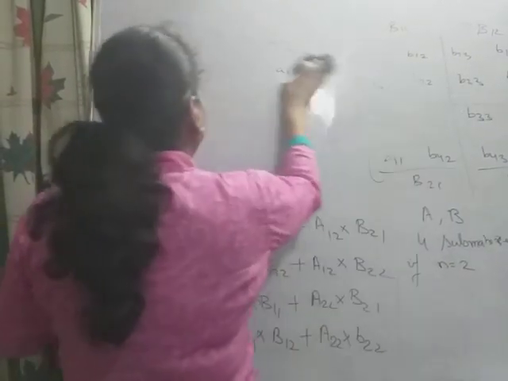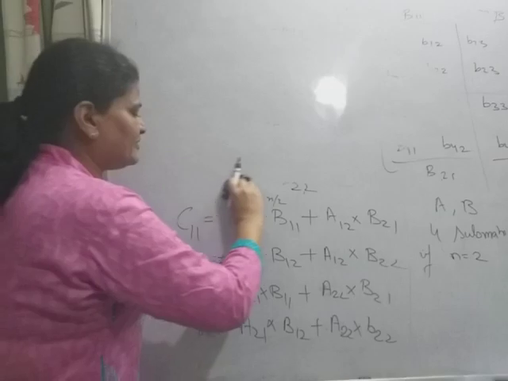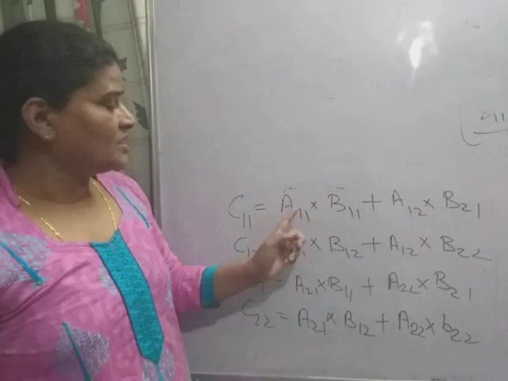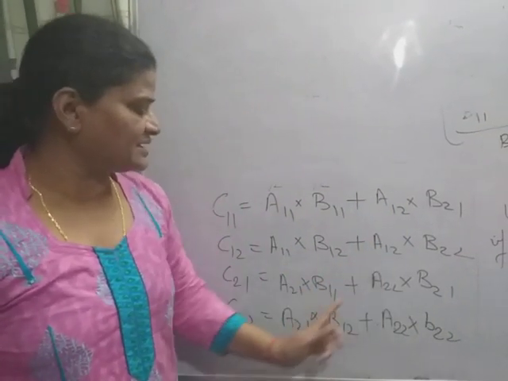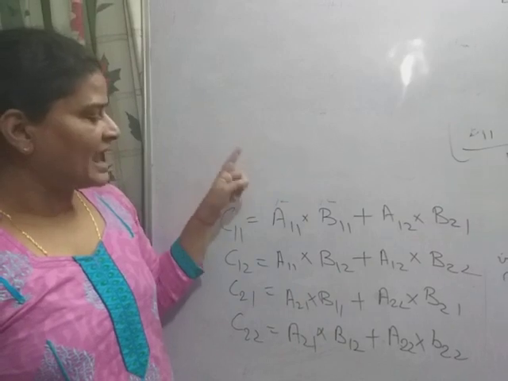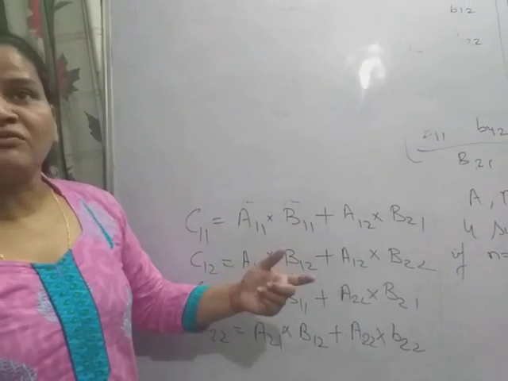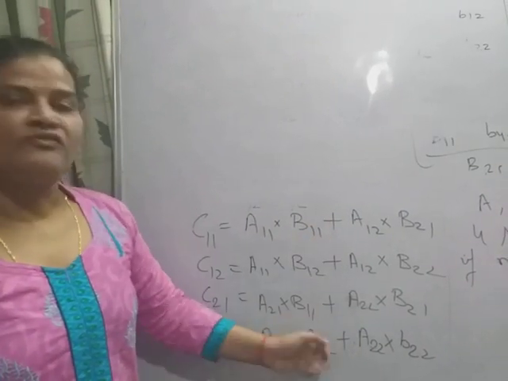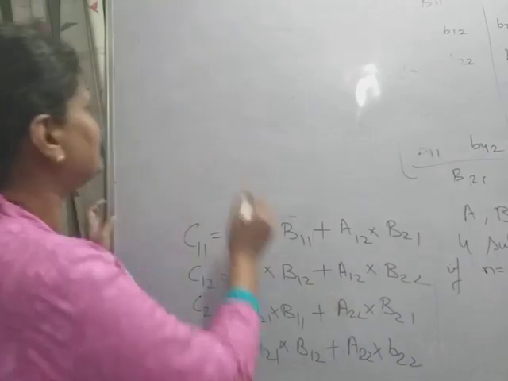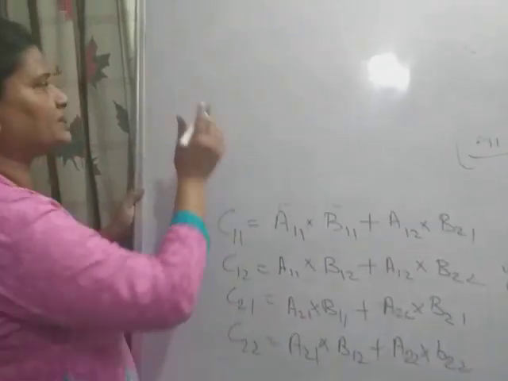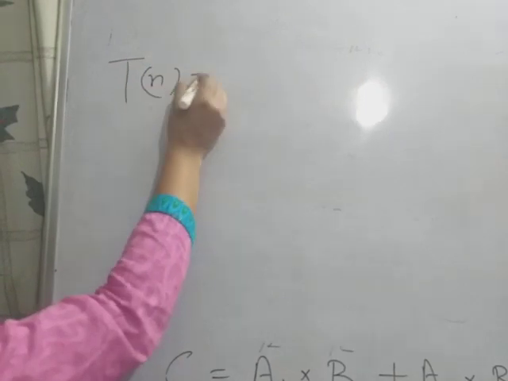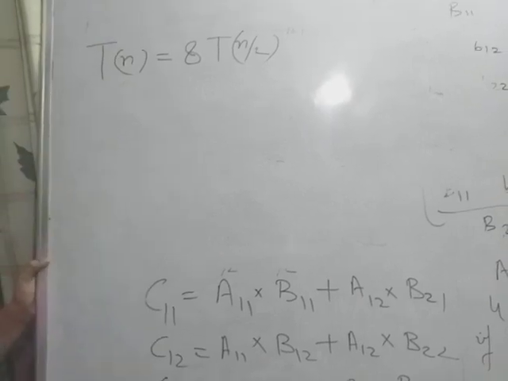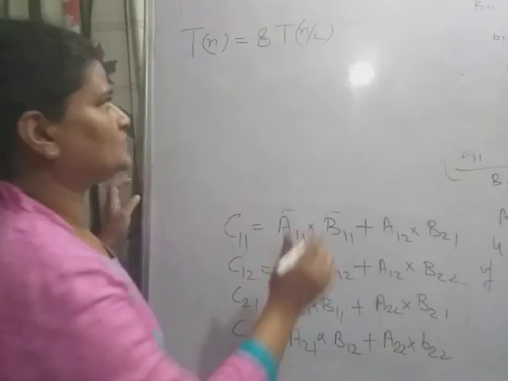Here, when we are multiplying the 4 matrices of order n by 2, there are 1, 2, 3, 4, 5, 6, 7, 8 multiplications, 8 multiplications of matrices of order n by 2, and there are 4 additions. So the recurrence relation for this divide and conquer approach is T(n) equal to 8 T(n by 2), as it involves the 8 multiplications of matrices of order n by 2, plus